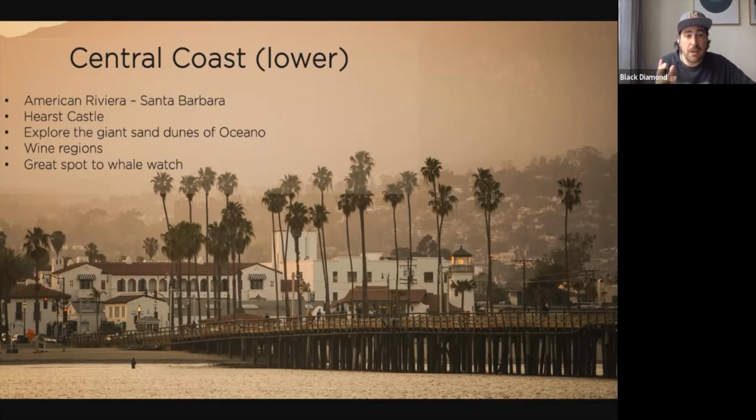Some really fun other stops when you get to what I call the lower part of the Central Coast: you've got Hearst Castle. Highly recommend Hearst Castle. I'm going to talk a little bit more about Hearst Castle tomorrow in my Hidden Gems session, but it's just an absolutely fantastic place to stop. It's a state park that belonged to the newspaper mogul William Randolph Hearst, from Hearst Publishing, still around today. The Hearst family still own the property, but they donated it to the California State Parks, which run tours there. Just a fantastic little stop point along the way.